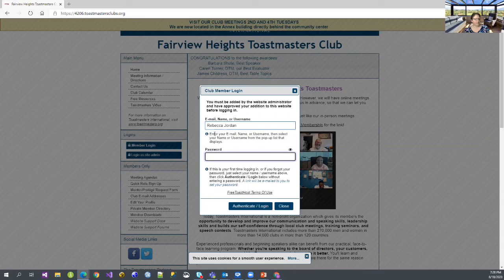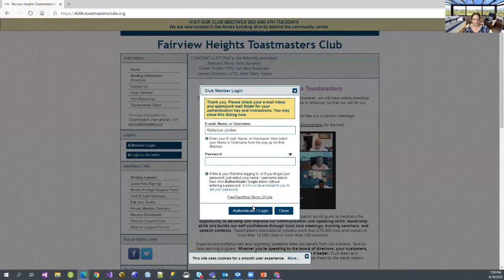You click on that. You don't know your password. Go ahead and click on Authenticate Login. And it'll tell you, check your email. The email's just been sent to you with authentication credentials, and you can use that link to get onto here and change your password. Or there are people that never remember their password. They just all the time type their name in, hit authenticate, and then go to their email and follow the link. So if things go wrong, that's how you